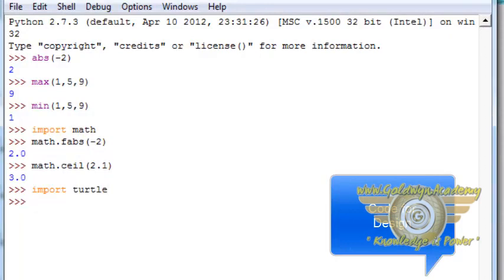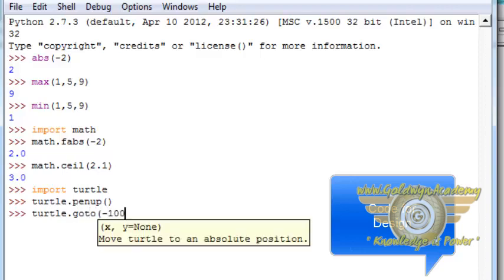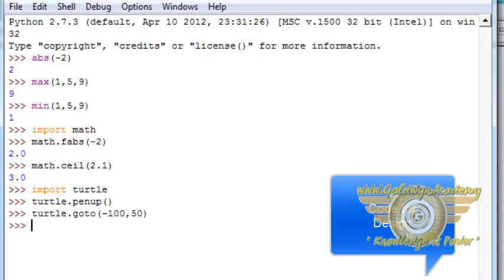Then we write the code: turtle.penup, turtle.goto -100, 50, then turtle.pendown,